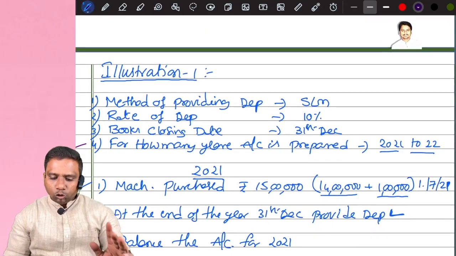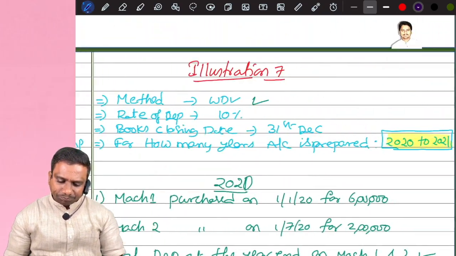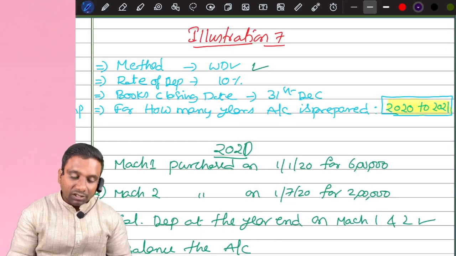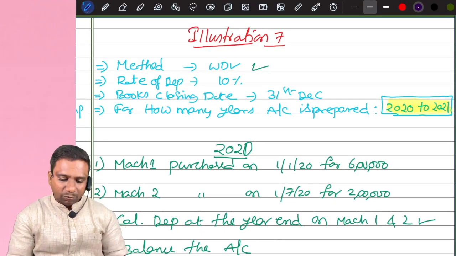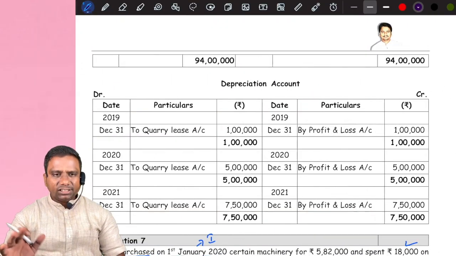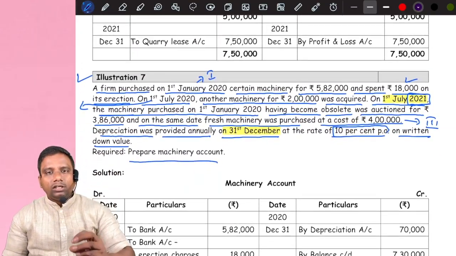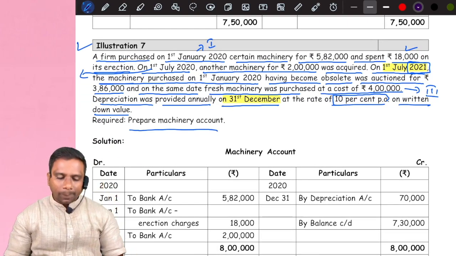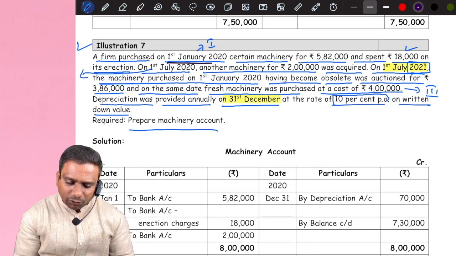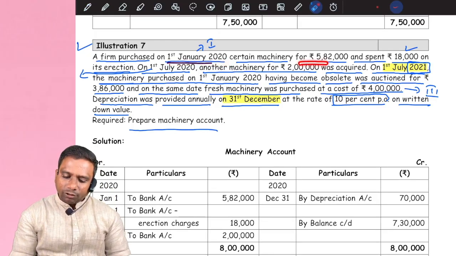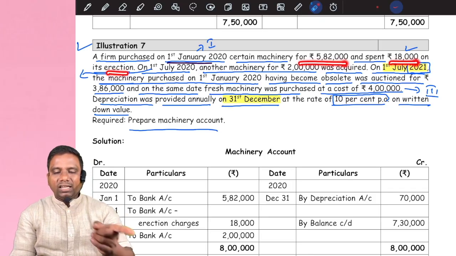Okay, I will show you one more problem also. Illustration 7, I will show you. Look at illustration 7. Here you will get complete information. This is just for understanding the sequence or flow of solving the problem. Read illustration 7. A firm purchased on 1st January 2020 certain machinery for 5,82,000 and spent 18,000 on its erection. 5,82 plus 18,